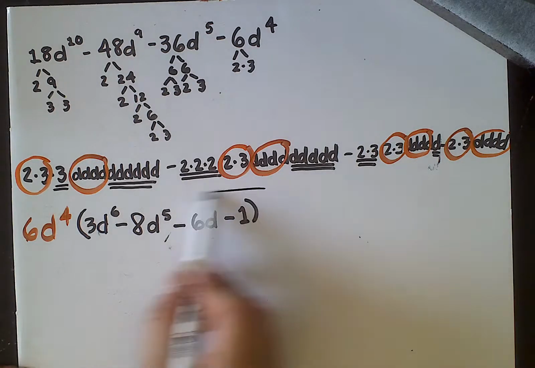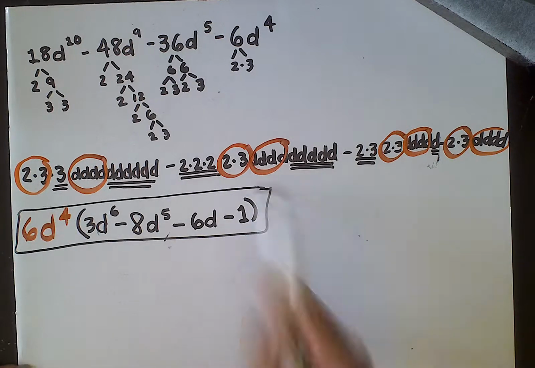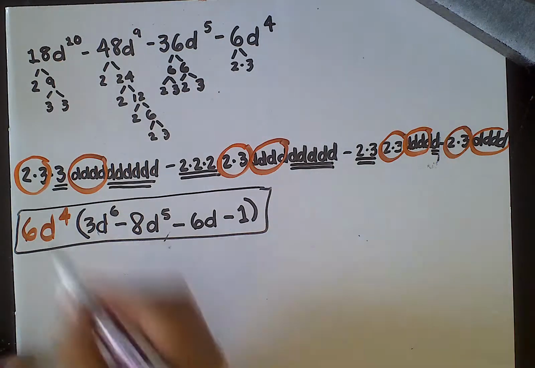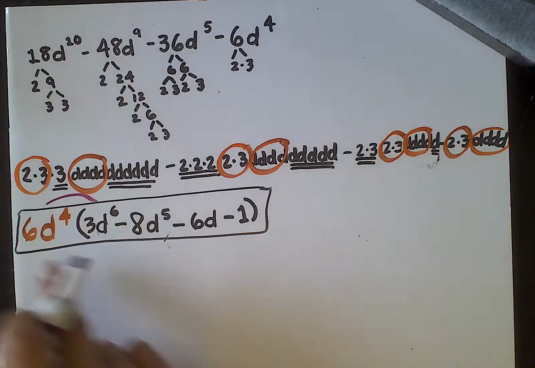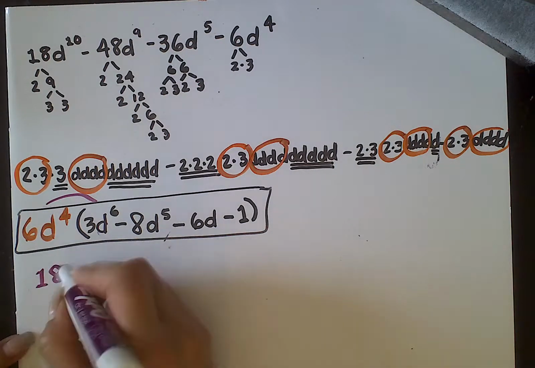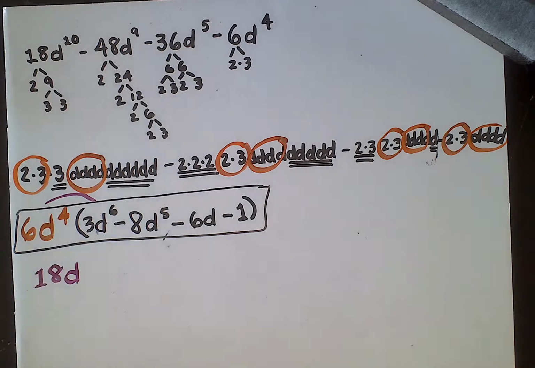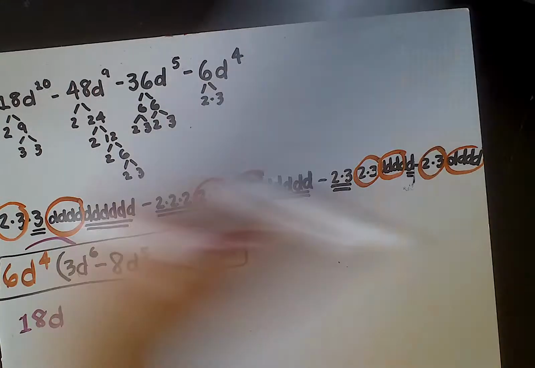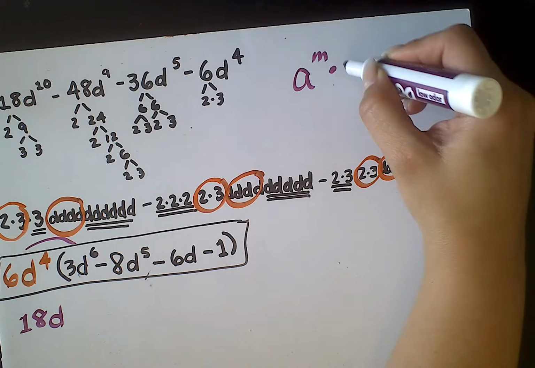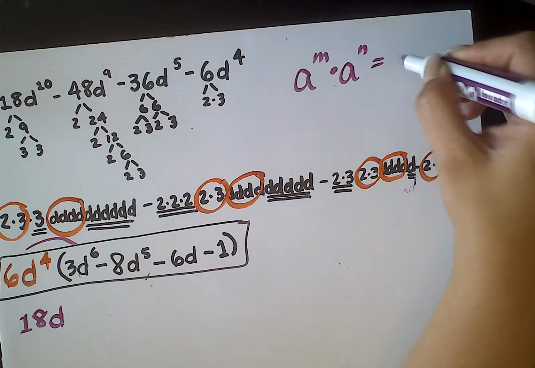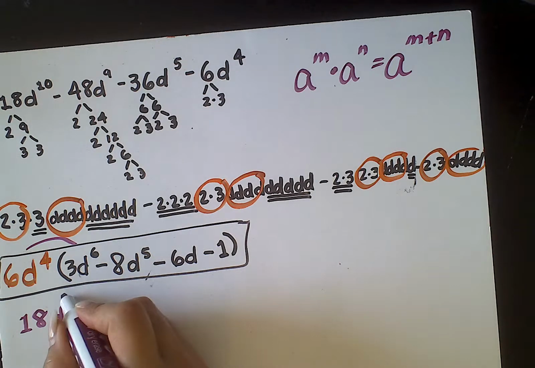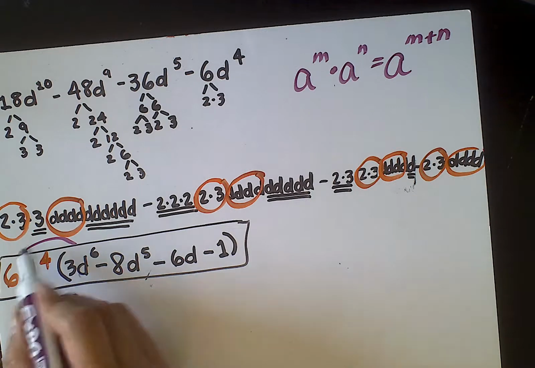Now, what I like to do is before I type in my answer, I like to double check my work. To double check my work, I'm literally going to multiply. So that would be 6 times 3 is 18. D to the, what we may want to recall is your exponential law that says a to the n power times a to the n power, you're going to add these exponents. So 4 plus 6 is 10.